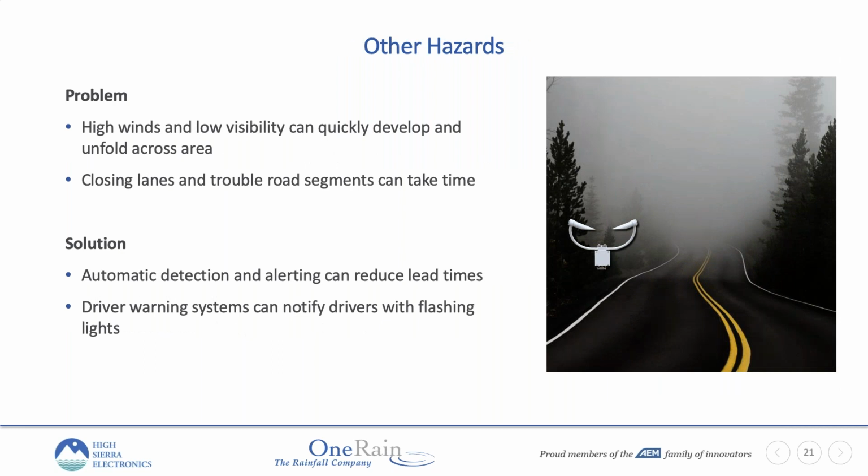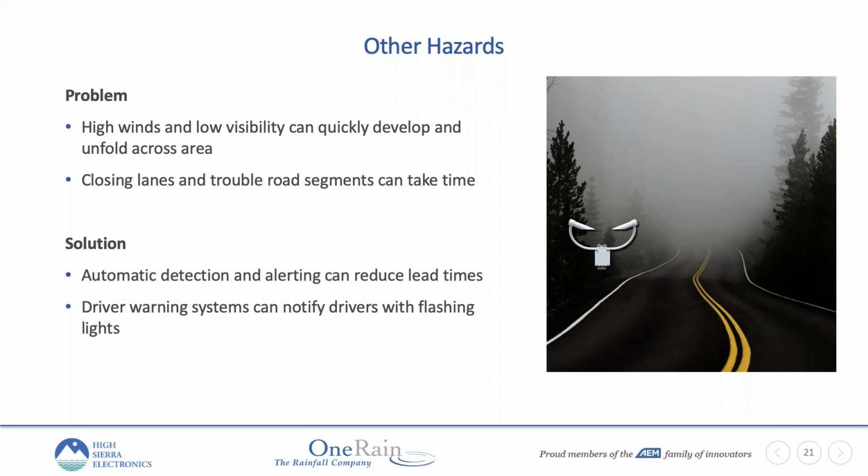And then the other hazards, including high winds and low visibility, these can tend to be regional and have known trouble areas. But again, these can develop really quickly, and oftentimes this has the stress of it occurring sometimes across the entire area, or sometimes just very locally on bridges or areas close to water or mountain regions. And so getting resources out there often can take a certain amount of time